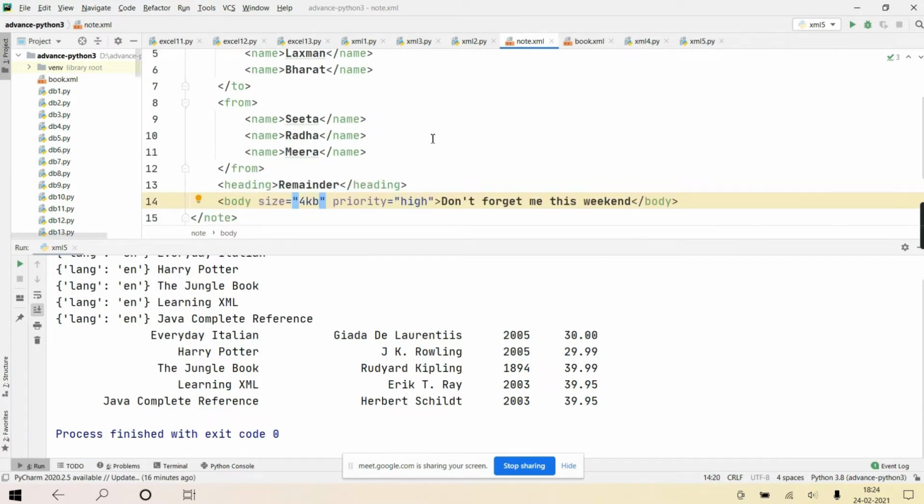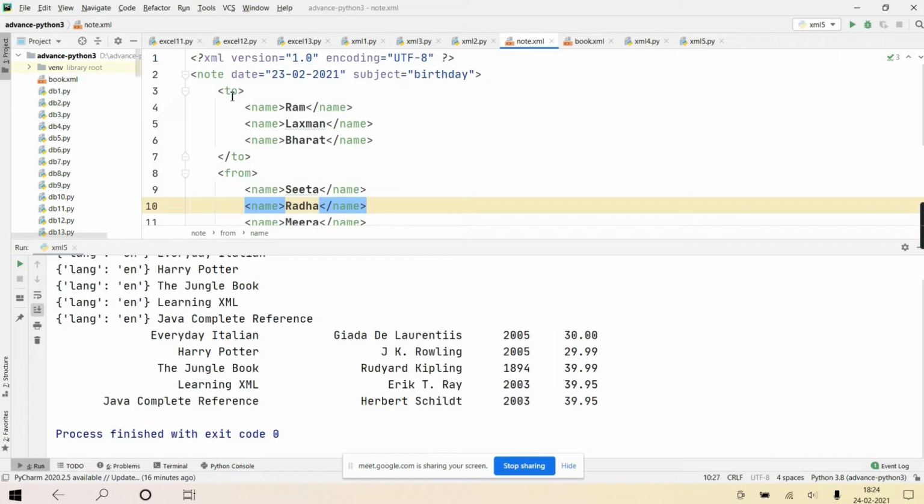Now if I access this 2 and then I say findall name, it will return only these 3, not this one.